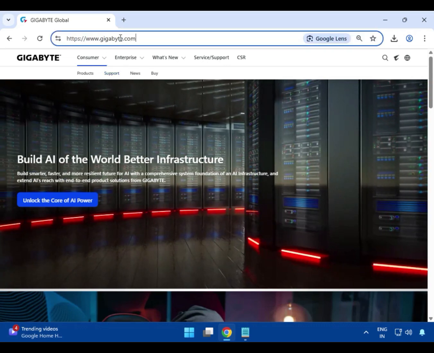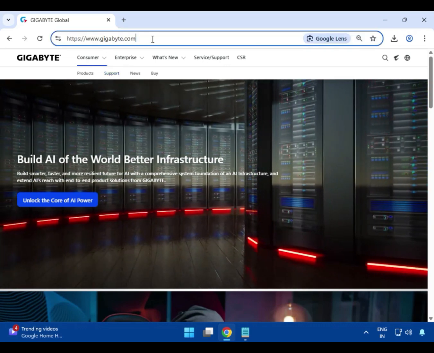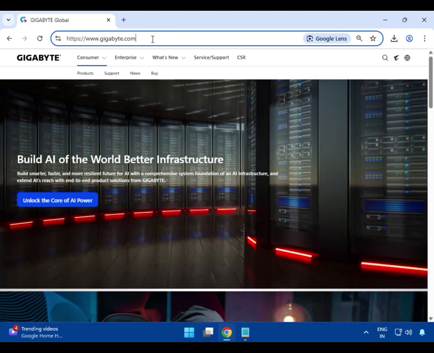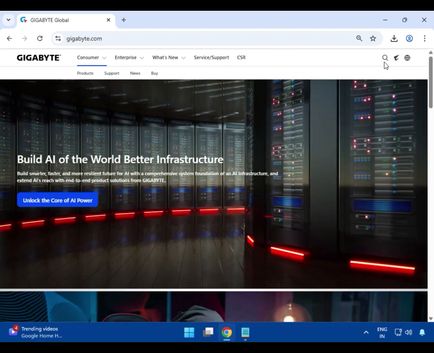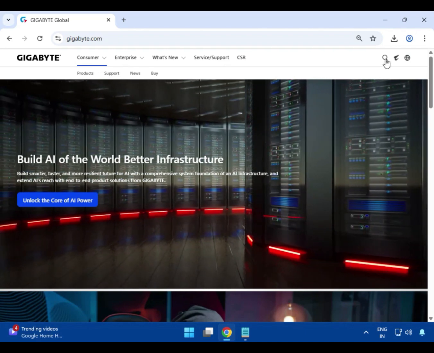So first you have to go to this site, www.gigabyte.com. This is the official website, so you can download the Gigabyte driver for any device. After that, you can see the search icon on the right-hand side. Just click on it